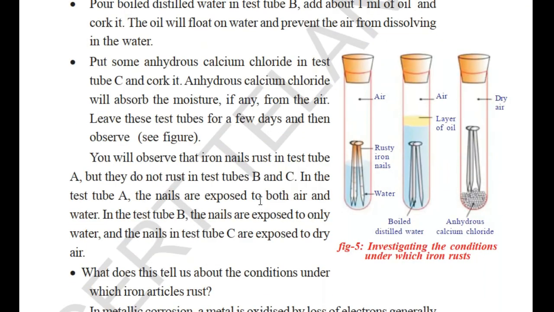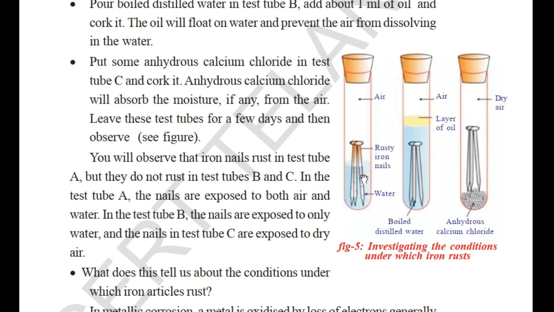Now he is asking, if you leave these 3 test tubes undisturbed for a few days, in which test tube will you find the rusting of iron? You will observe that the iron nail rusting is in test tube A. That means rusting is in A, not in B and C, because in test tube A the nail is exposed to air and water. That is the only cause